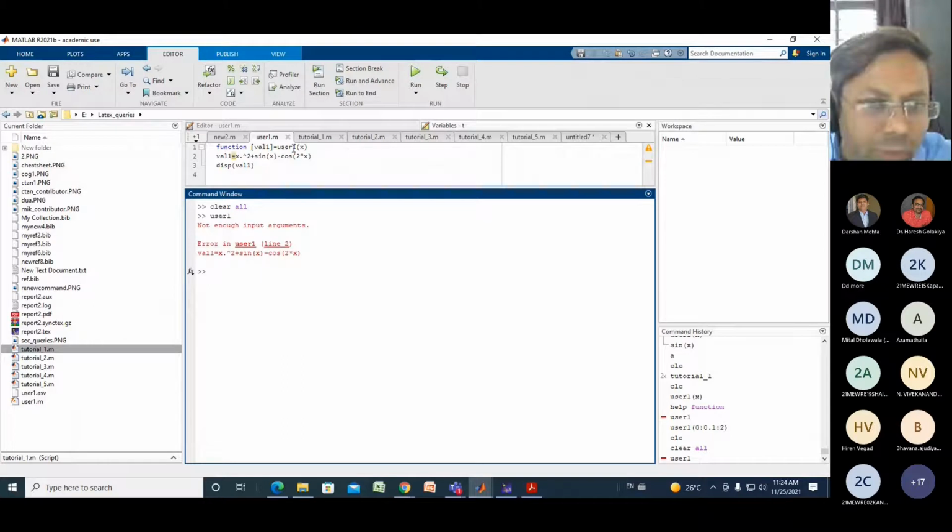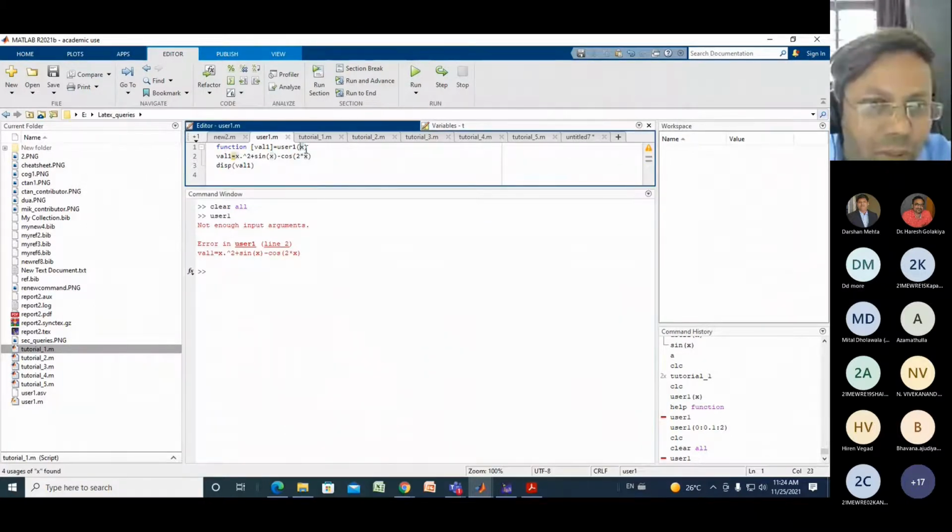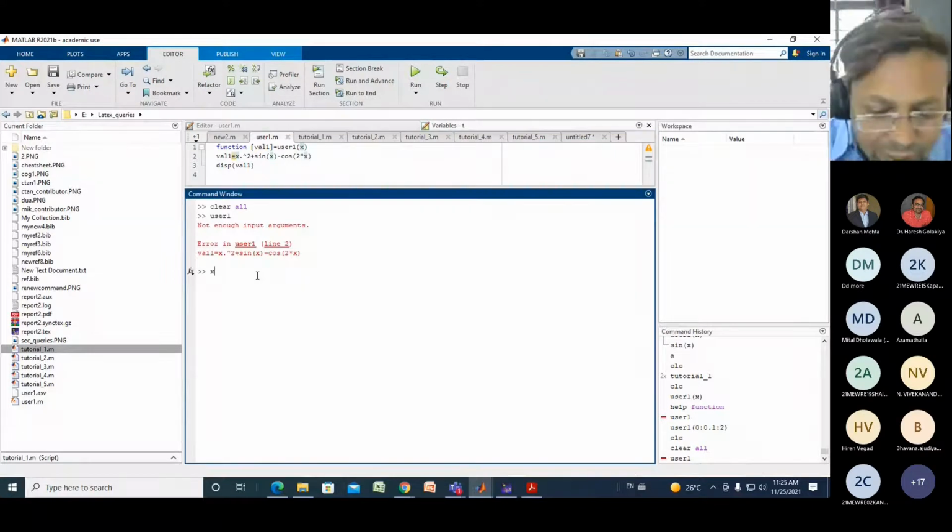Not enough arguments means what? Here you have defined, along with your function, an input argument. So you must remember, whenever you run the user function file, you have to give the input, the value of x only. You can define the value of x here: 0 colon 0.1 colon 1.